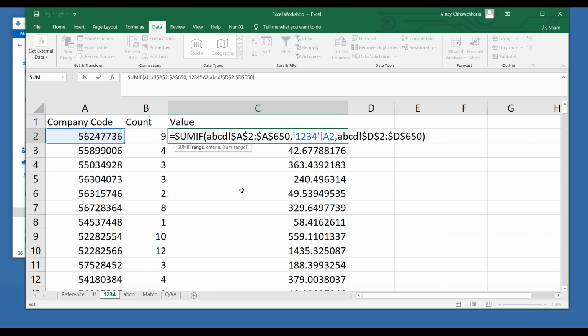And where it is used: whenever anybody is working on a simple database, let's say an HR database of salaries, or a marketing database of how many sales of a particular product in a particular state have been achieved. All those things can be done via the pivot tool also, but it is good to understand the logic behind each formula, because every time running a pivot for very basic data is time consuming and cumbersome. Pivot is a good tool, but it doesn't give you the flexibility which is given by SUMIF and COUNTIF.